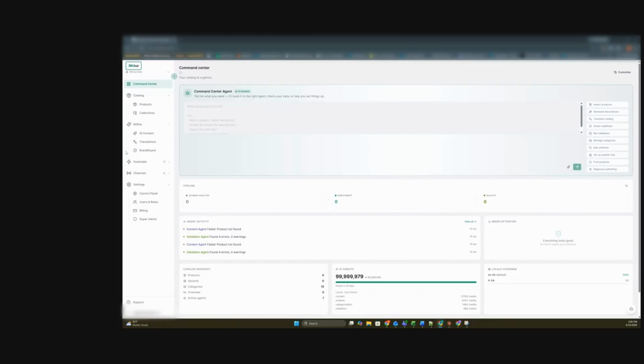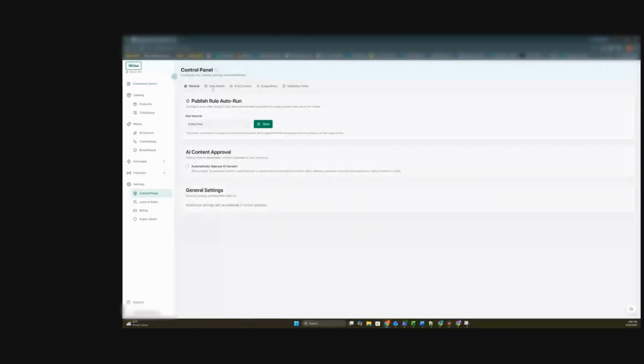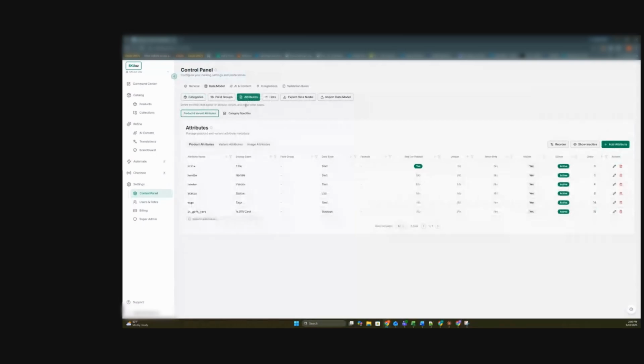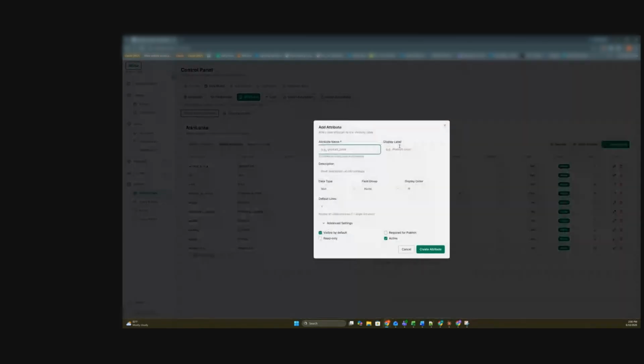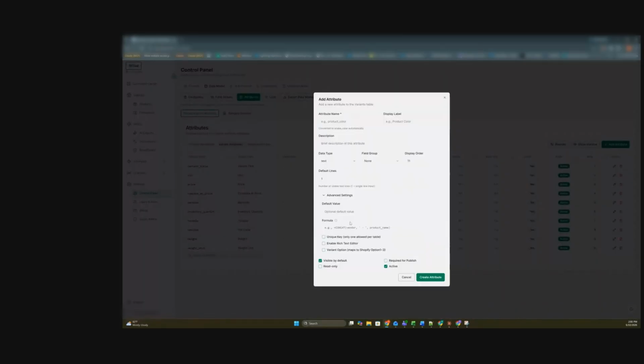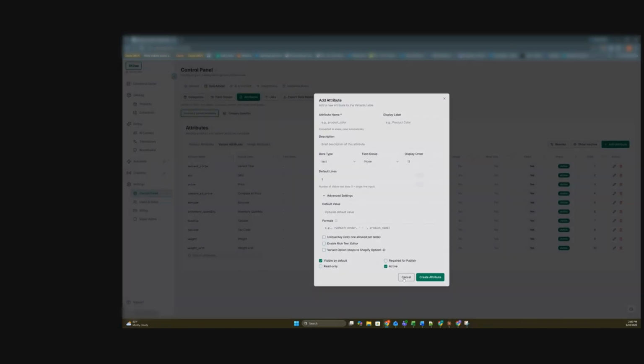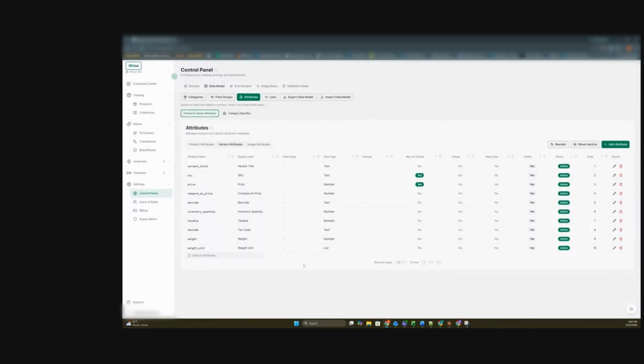So in the traditional PIM, I would go to where my data model is managed, look at my attributes, determine the level I wanted to associate the attribute to, add the attribute to the system, put in a name, put in a display label, choose my data type, choose all the other metadata that surrounds how exactly I want to use this attribute, and create the attribute. I have to understand everything that I want to do to be able to create this attribute and click all